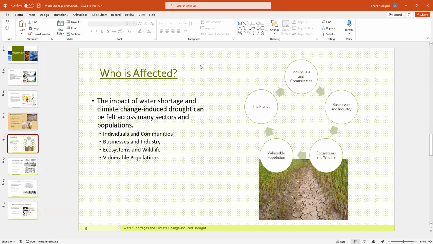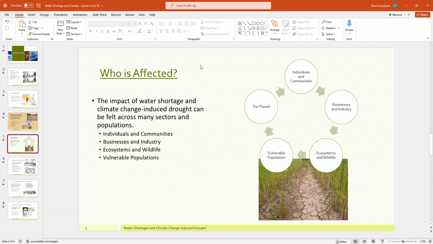The ecosystem and wildlife: drought can also have significant impacts on those. The reduced water availability can lead to habitat loss, changes in species distribution, and increase the risk of wildfires. In addition, water scarcity can lead to increased competition for resources amongst species, which disrupts the ecosystem and basically leads